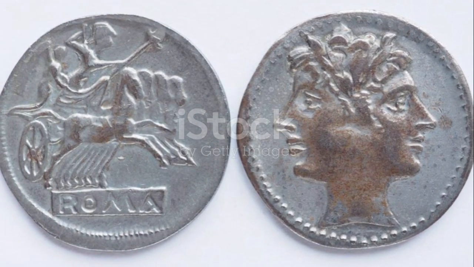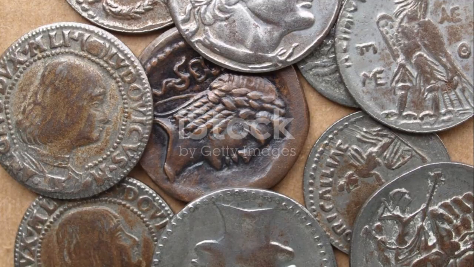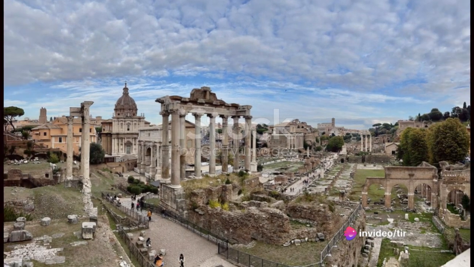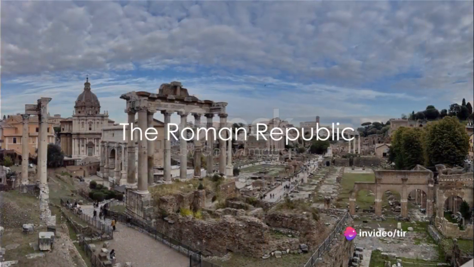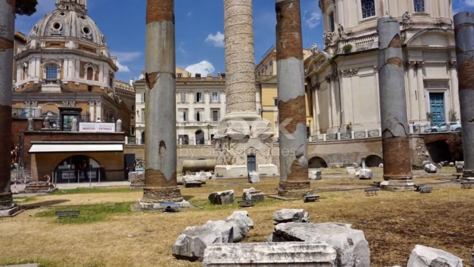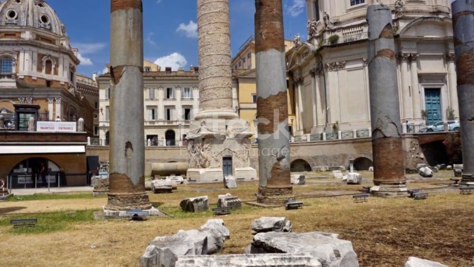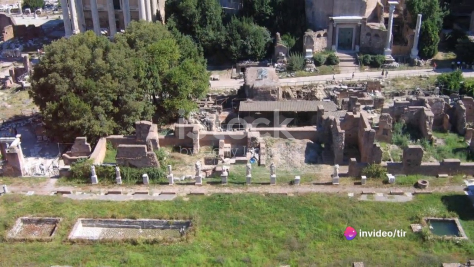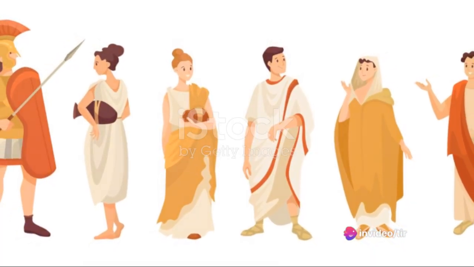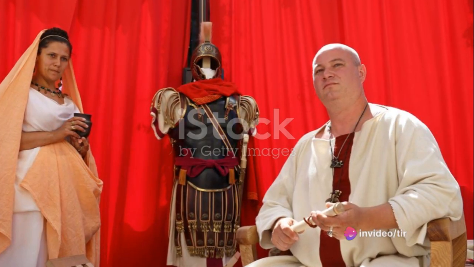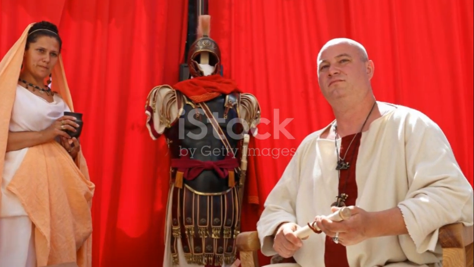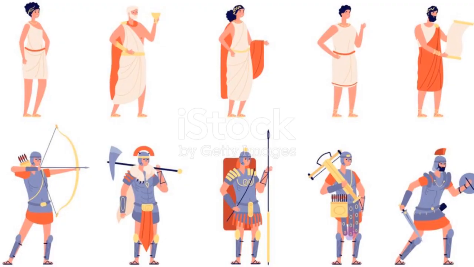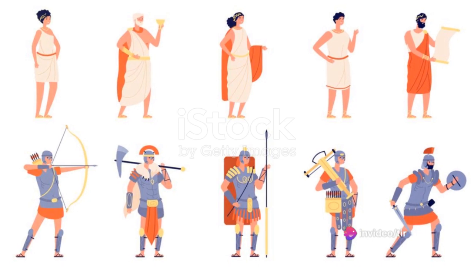The monarchy, which had been the initial governing structure, was overthrown, paving the way for an era of a new political structure, the Republic. The Roman Republic, an era marked by shared power, was a significant shift from the monarchy. This new political structure was characterized by two key institutions, the Senate and the Assembly. The Senate, comprised mainly of aristocrats, held substantial influence over the state's finances and foreign policy. The Assembly, on the other hand, was the voice of the common people, controlling legislation and electing magistrates.